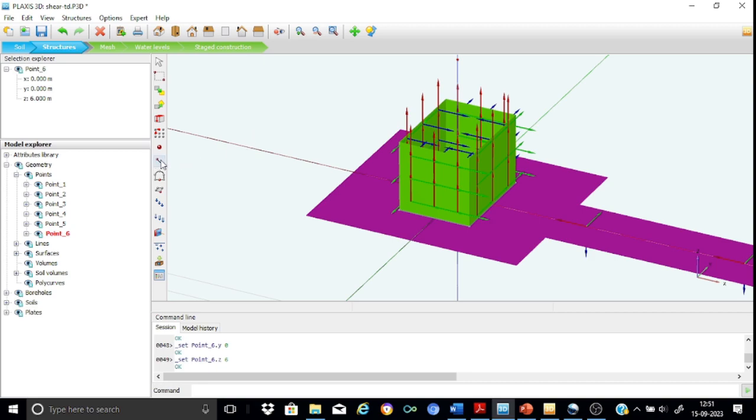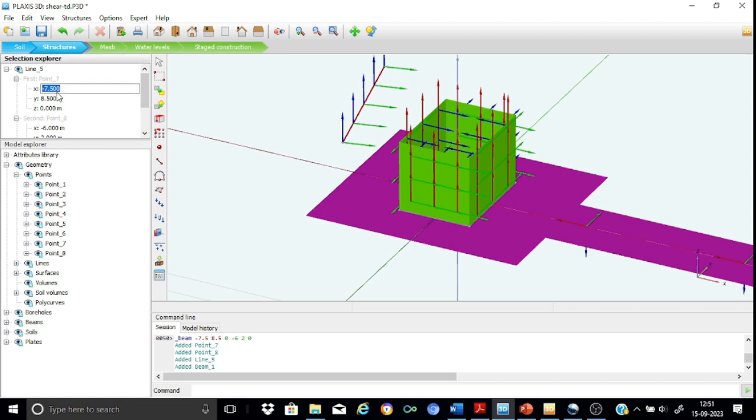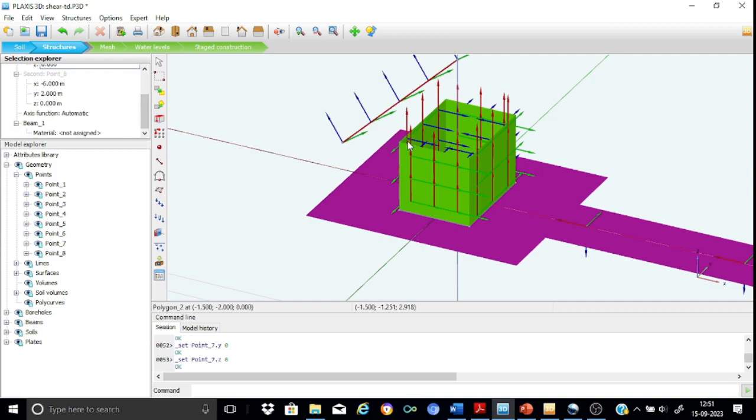So we will make use of this button, create a line, and here you will find there's an option to create a beam directly. You need not worry about the coordinates, just select the 2 points. Now you will be able to edit these points. I want to keep it from 0, 0, 6, and now I want to draw from this point to this corner,